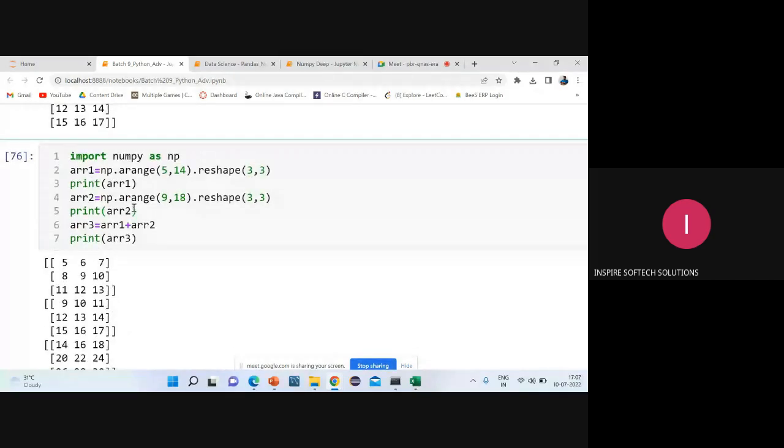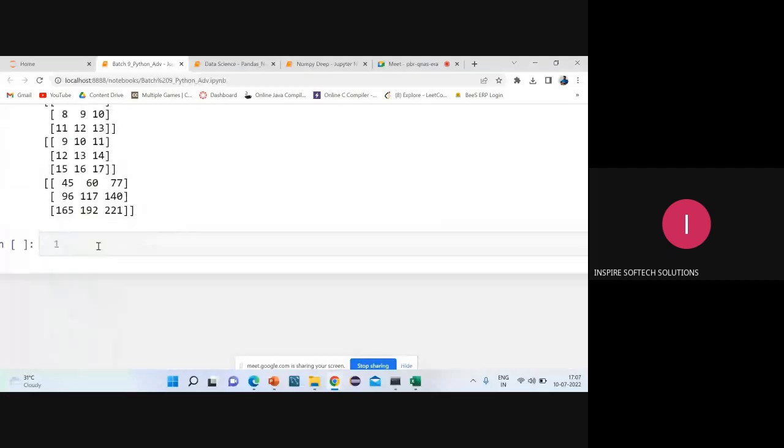Now what is next? Next is creating numpy arrays by using the n-dimensional object. So we'll jump into that content. I'll share this in the chat. For the plus, I'll share.